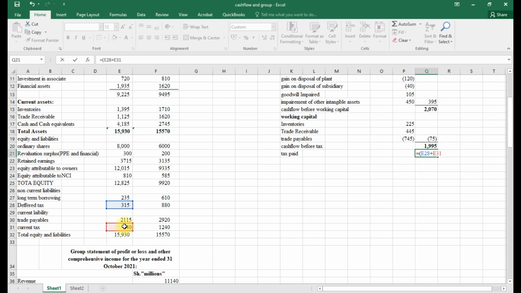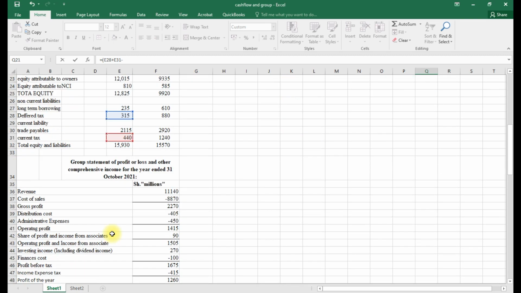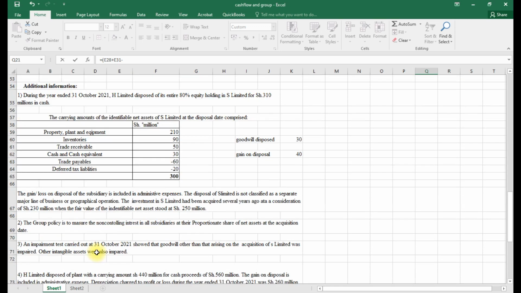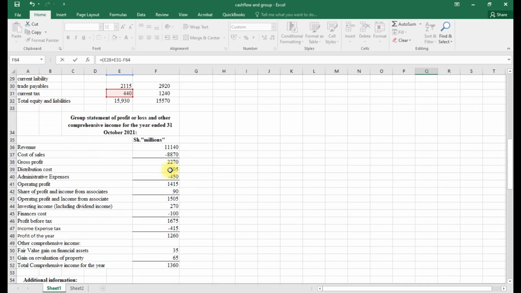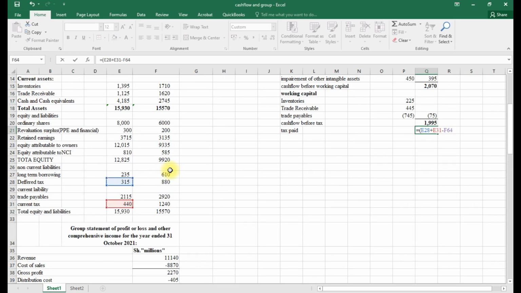I need to add, so I will minus what was disposed, it has been included as a negative. The deferred, I minus that, and I close that bracket, minus the values at the beginning,